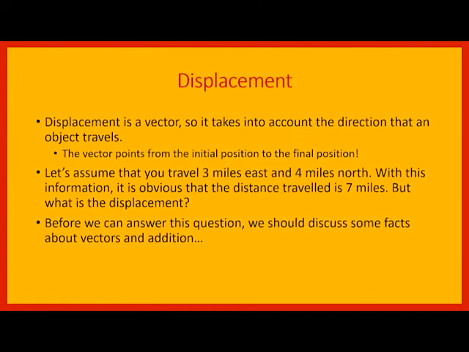So let's assume that you travel 3 miles east and then 4 miles north. It's obvious that if you walk that path, you've traveled 7 miles. But that's not your displacement. In order to figure out what the displacement would be, we have to talk a little bit more